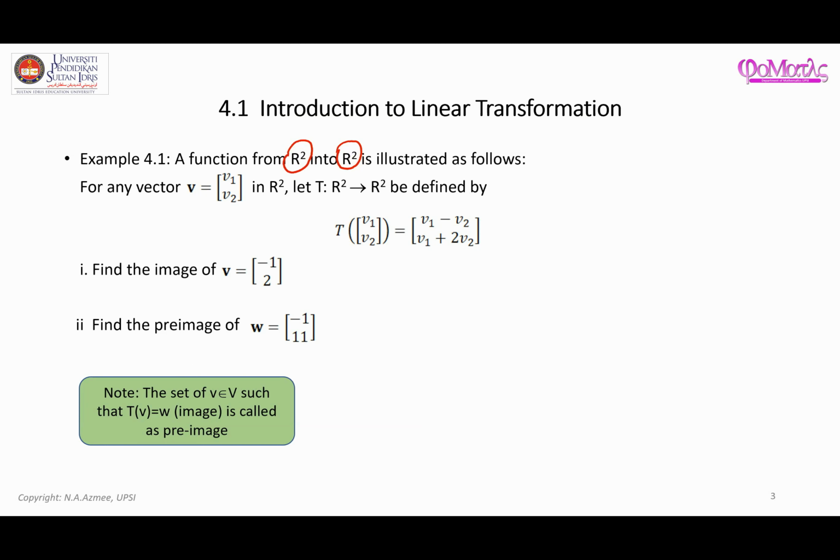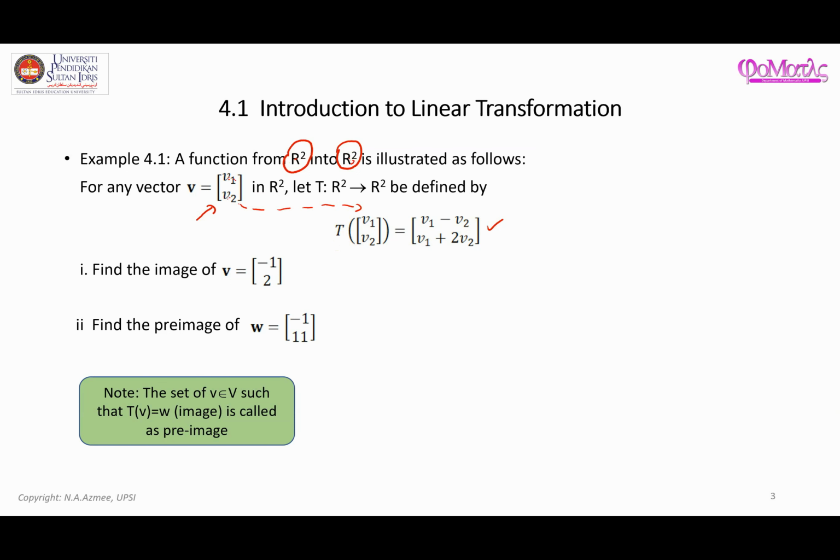We have a vector defined as V1 and V2, with a first component and a second component. You supply this as an input into the function T, where the result is going to be